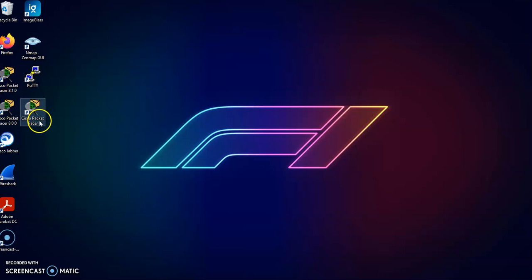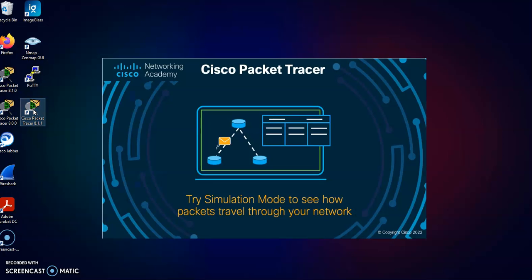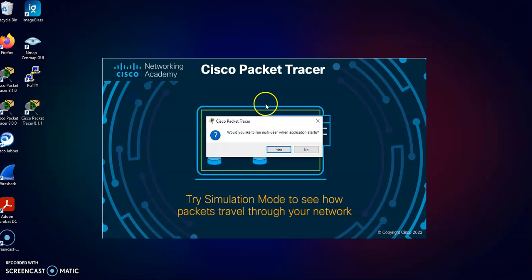This will be Packet Tracer 8.1.1. There we go, Packet Tracer. We'll do 8.1.1. That way I know this is this version. I'll now launch this, and once I launch it, I will need to plug my account in one more time, but I should be able to carefully select some options here that I won't need to do